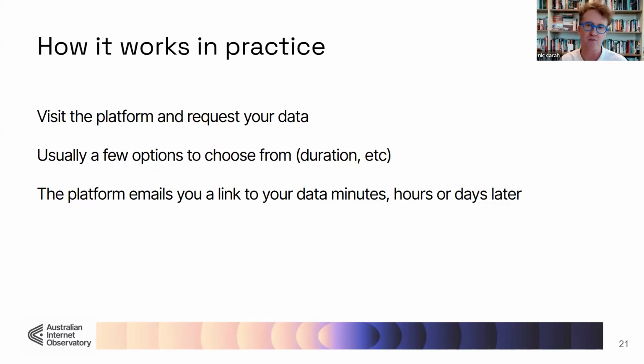And typically the platform doesn't let you then download that information straight away. They process it and you wait for some period of time to be sent a link that you click and you can then download your DDP. That can sometimes happen almost instantaneously, and sometimes that can take hours or even days. Sometimes that's because of the scale of data you're requesting. If you're requesting everything that you've ever uploaded to Instagram and you've been on Instagram for a decade, that might be a very large file. But sometimes platforms appear to at least deliberately elongate this request.